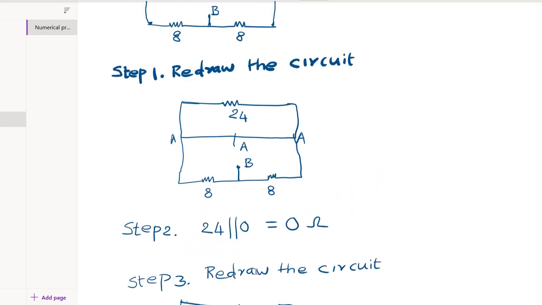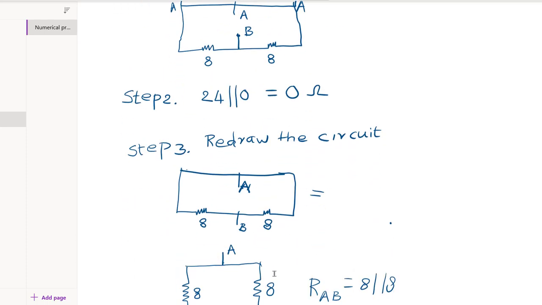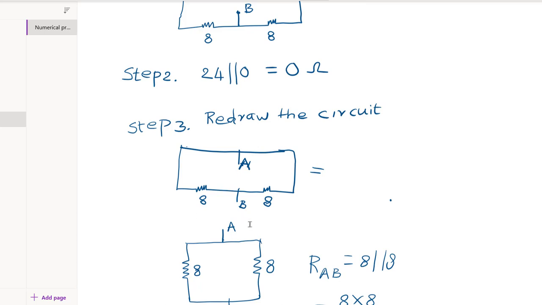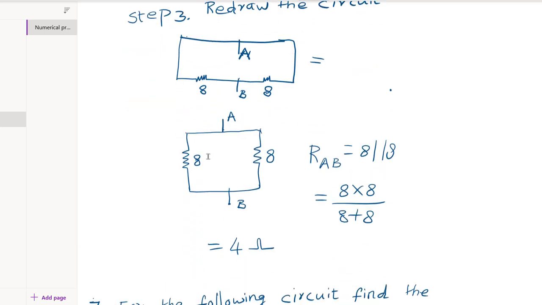Still we have the A terminal as it is, and B terminal is already there between two 8 ohms resistors. So what he wants is, what is the resultant resistance between terminals A and B. So you stretch this A out of the box, so we get like this. The B is already there like this. So move this 8 ohms to the left and this 8 ohms to the right like this.